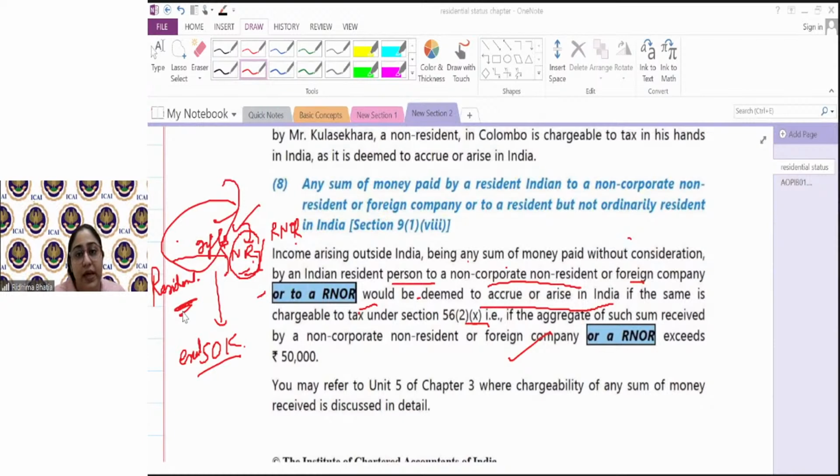कहीं पे भी किसी को डाउट है रिगार्डिंग रेजिडेंशियल स्टेटस? Anyone has any doubt? Okay, so